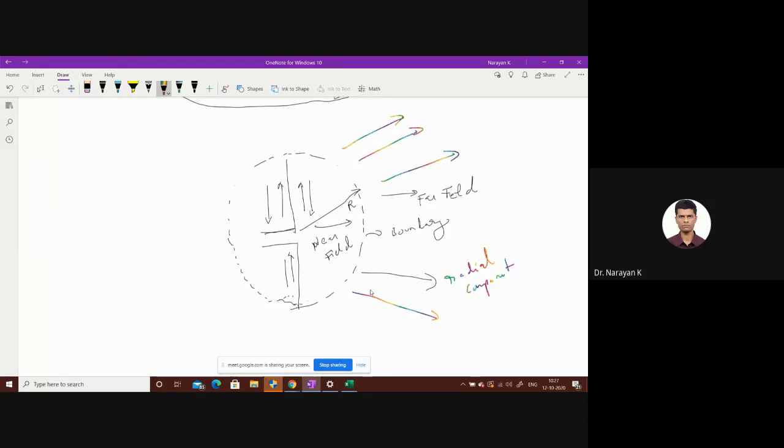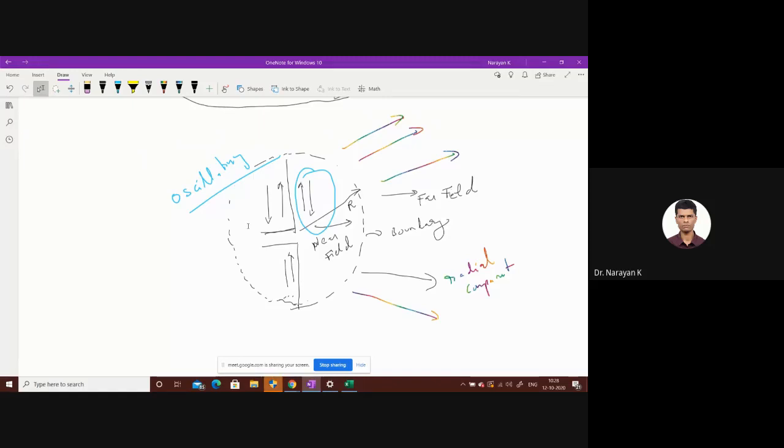Whereas in your near field region, as you can see, these fields will be known as oscillating fields. So the fields will start oscillating. What it means is, if you are very close to the antenna, you can't receive any signal, or the signals will be oscillating in type, and you really cannot get the signal. Once you go away from this near field region to the far field region, after this boundary